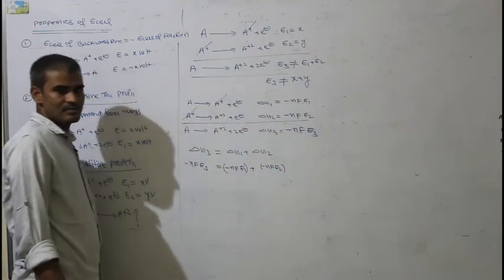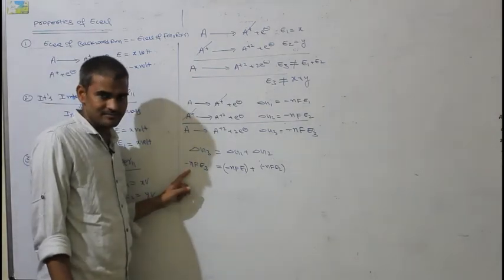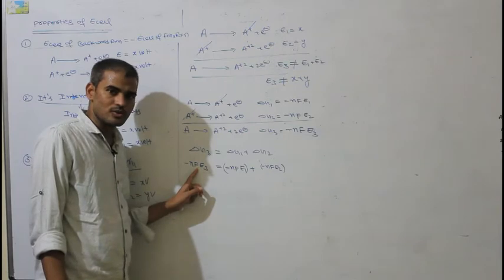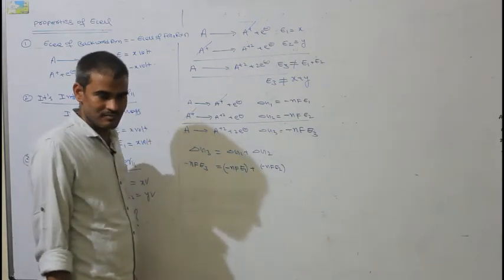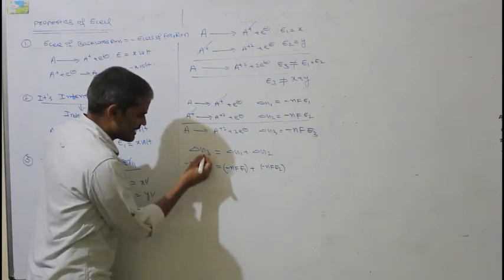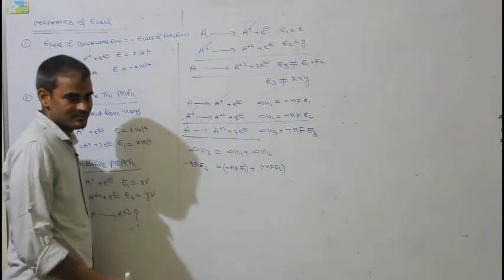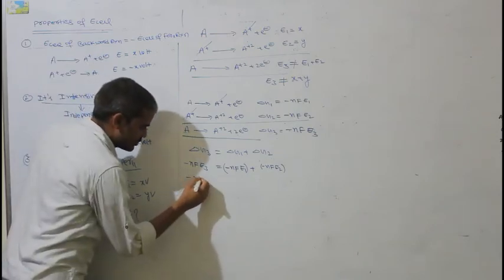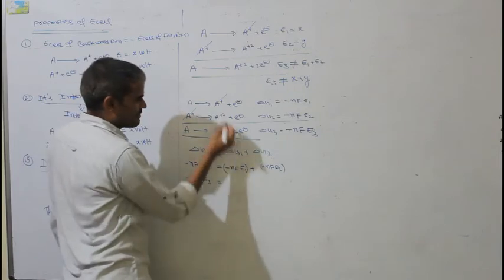Here n is equal to the number of electrons participated, F is equal to 96500 coulombs, and E is the cell potential. For ΔG3, how many electrons are involved? Two are involved. So you can write minus 2F E3 is equal to, for the first step,